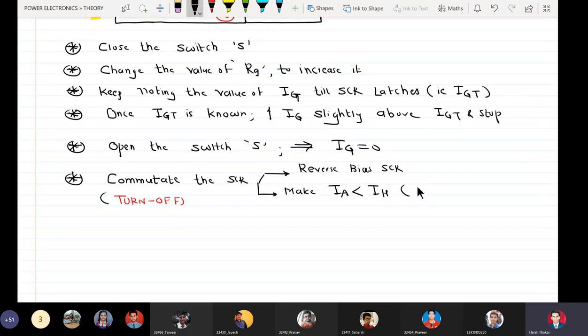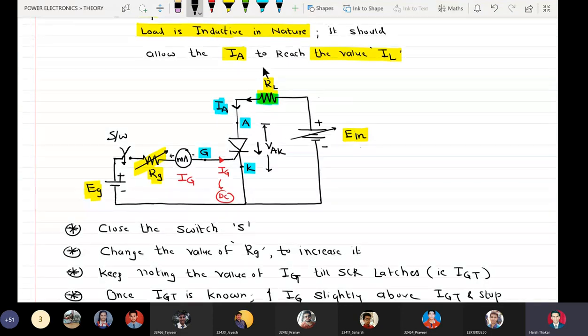How can you do this? By making E in equal to 0. If I reduce E in, and when E in almost becomes 0, then IA also goes on reducing, because the device current IA is being sourced by the battery E in.